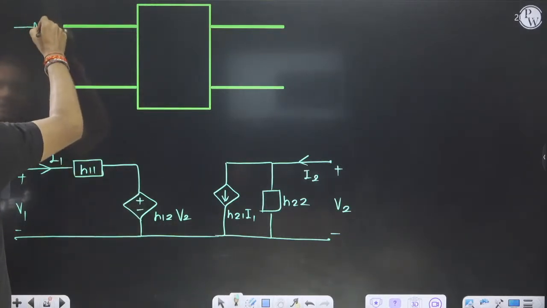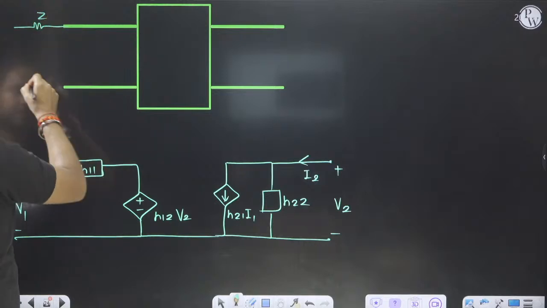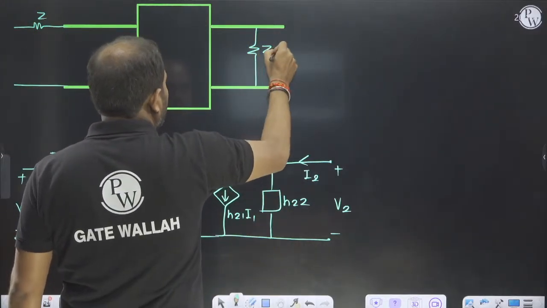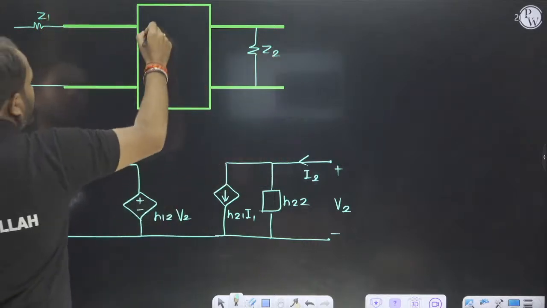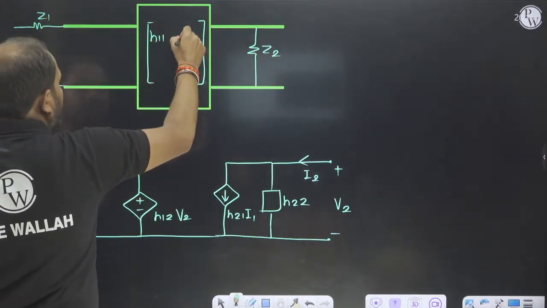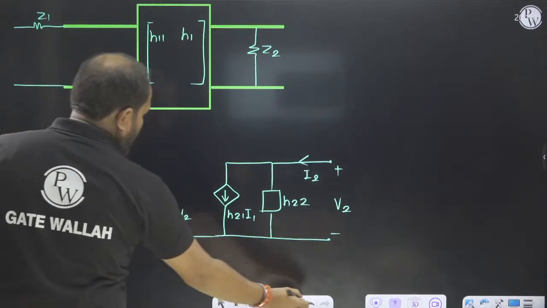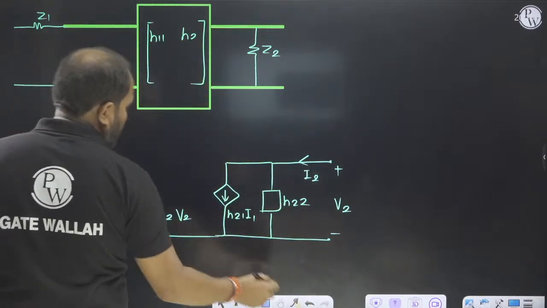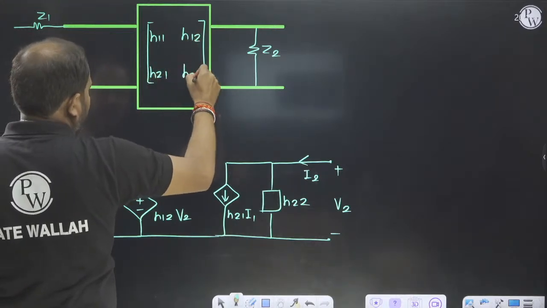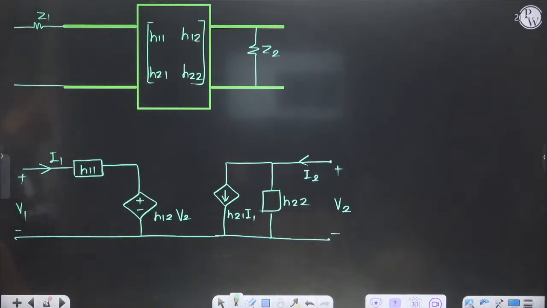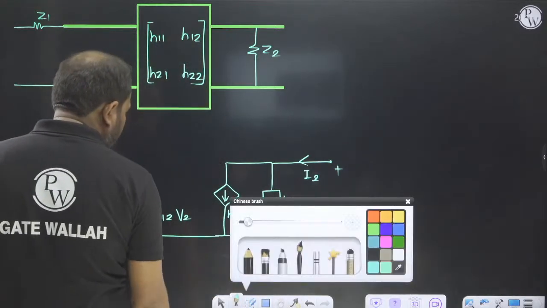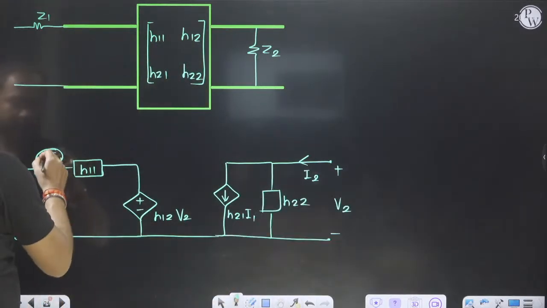There is a resistance Z in series. There is a resistance Z2 in parallel, and this is the H parameter. So H11, H12, H21 and H22. So they are asking for another Z parameter. So what we will do? So it is nothing but